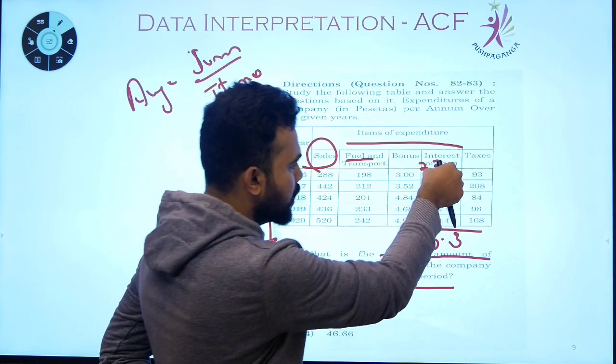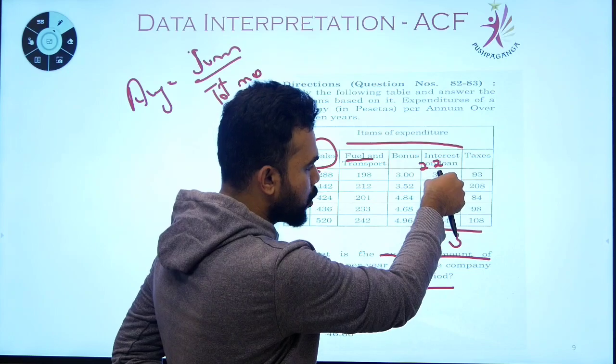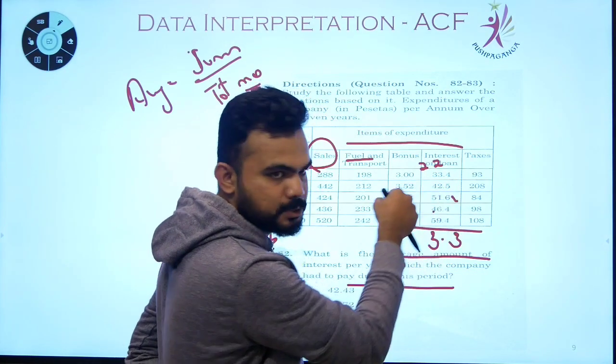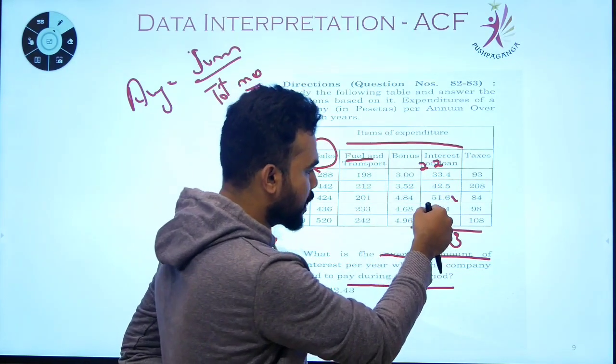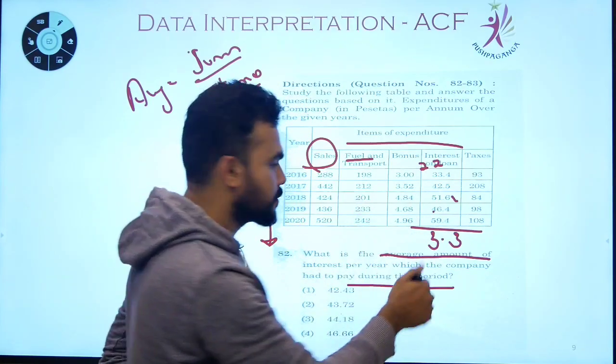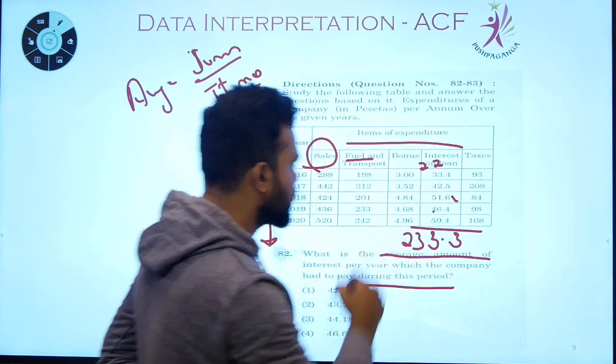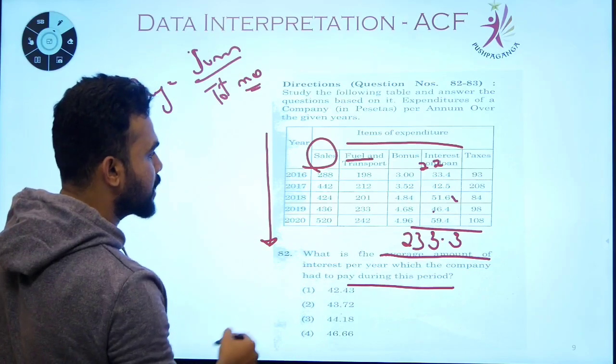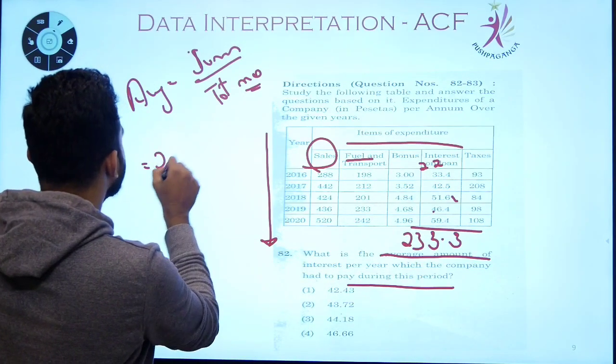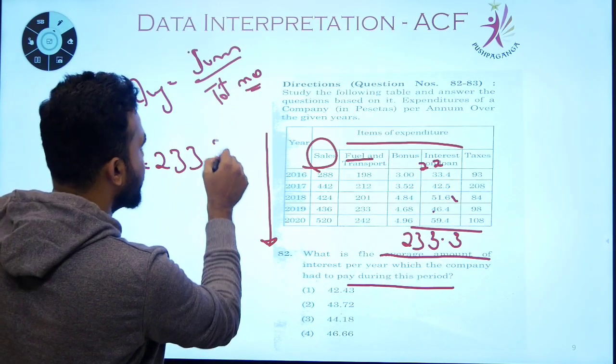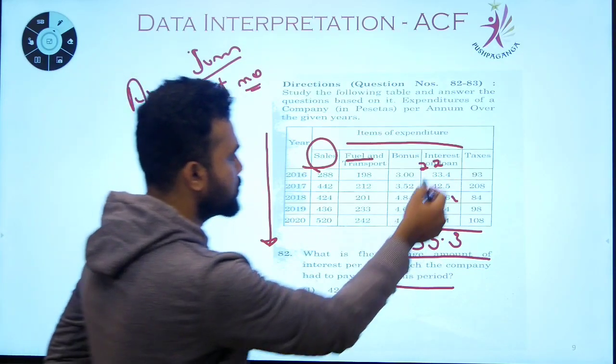Okay, so now 3 plus 2 is 5, 5 plus 4 is 9, 9 plus 5 is 14, 14 plus 4 is 18, 18 plus 5 is 23. So now here we need to calculate the total sum, which is 233. 233 divided by the total numbers, 1, 2, 3